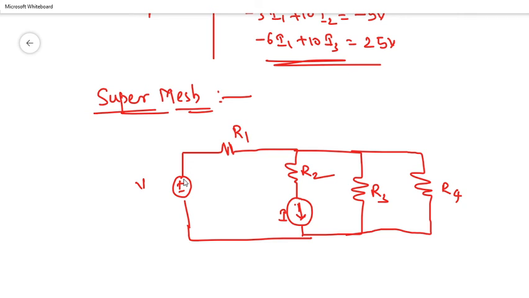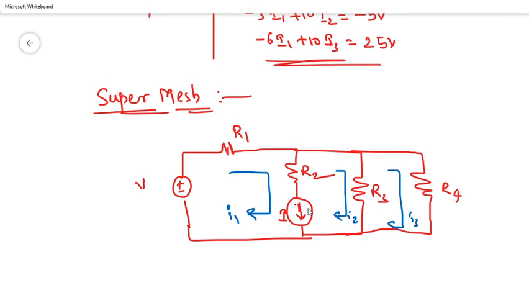So by seeing itself here, this circuit is having 3 loops. First loop is having a current of I1, let us take. Second loop is having a current of I2, and here third loop is having a current of I3, let us take. Here, whenever you want to apply the KVL in this loop, so what you should write? This voltage source minus voltage drop across the resistor minus voltage drop across the R2 resistor, and here what we need to write here, this is a current source. We can't write the value for this one.